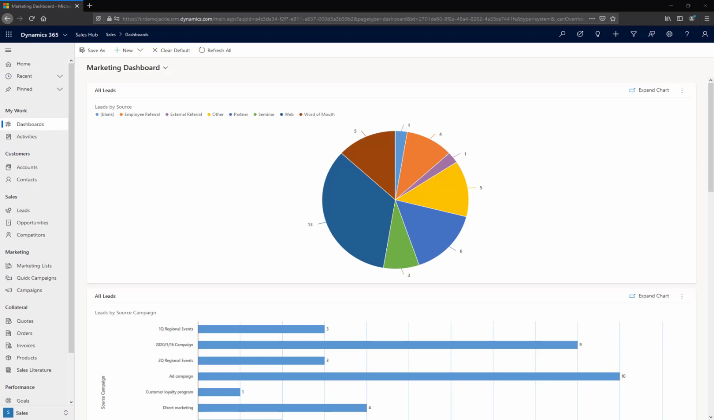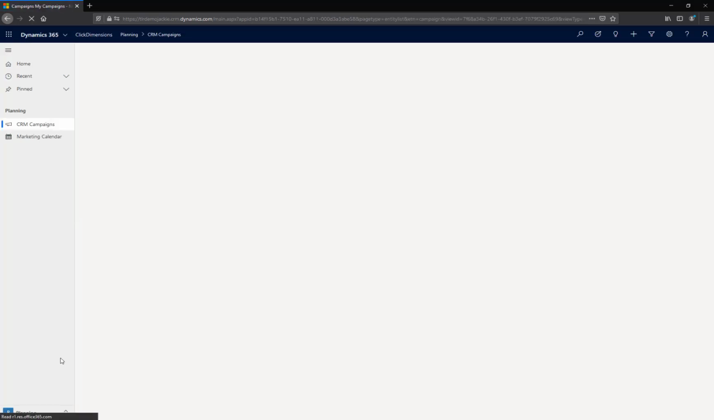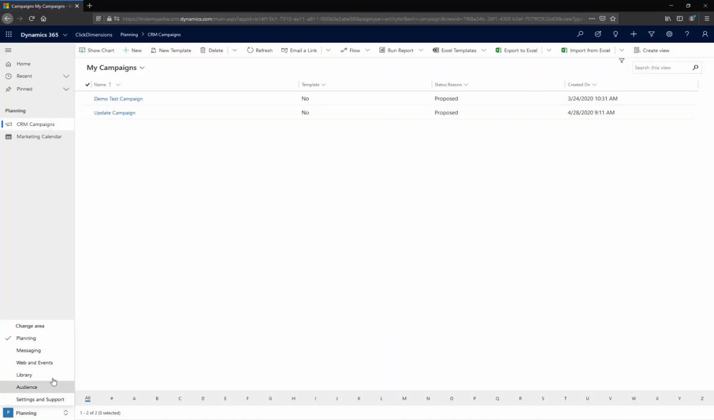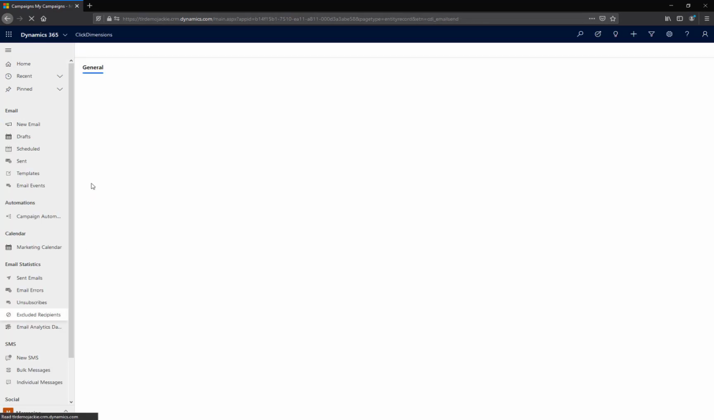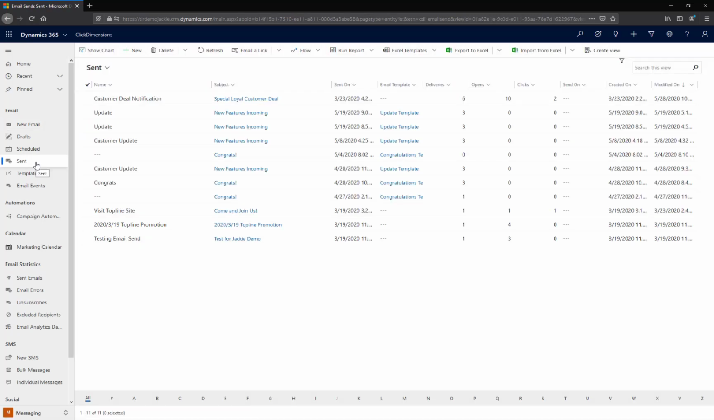To begin with, let's go ahead and open the ClickDimensions application. I do want to highlight that you don't necessarily need to be in the ClickDimensions application to access this information. If you have the ClickDimensions email send entity somewhere in your sitemap, you'll have access to the sent information. So check around your sitemap and look for the ClickDimensions email send entity. If you don't have access to this entity, it may be because you don't have permissions to it. So if you think that you should have access to this, check with your site administrator on how you should